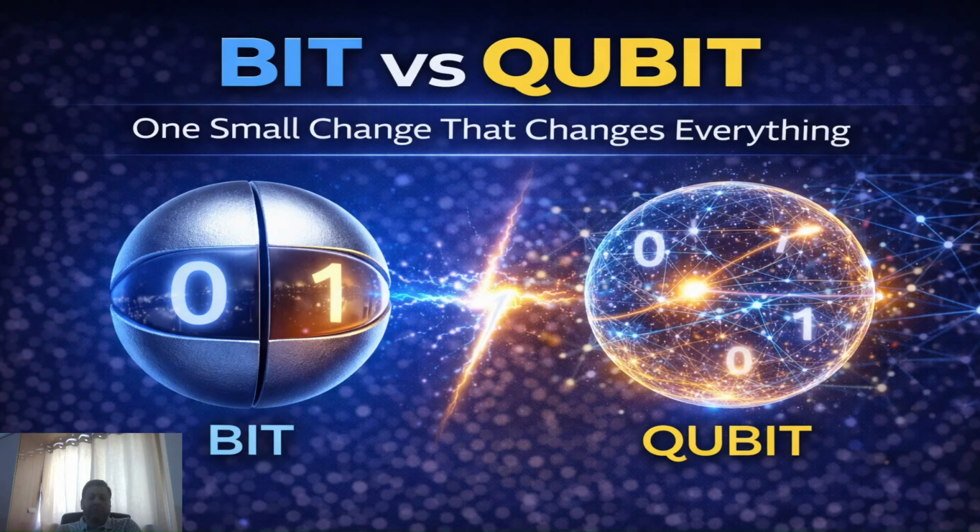So now, what is a bit? Let us start with something familiar, which is classic computing. I have explained already, your phone, your laptop, server, supercomputer, everything works using bits. A bit can be either 0 or 1, right? Now on the right side I have given you what a qubit is. That's okay for now. Just see it and reflect on it for a couple of seconds. We will understand what it is in the next couple of slides.